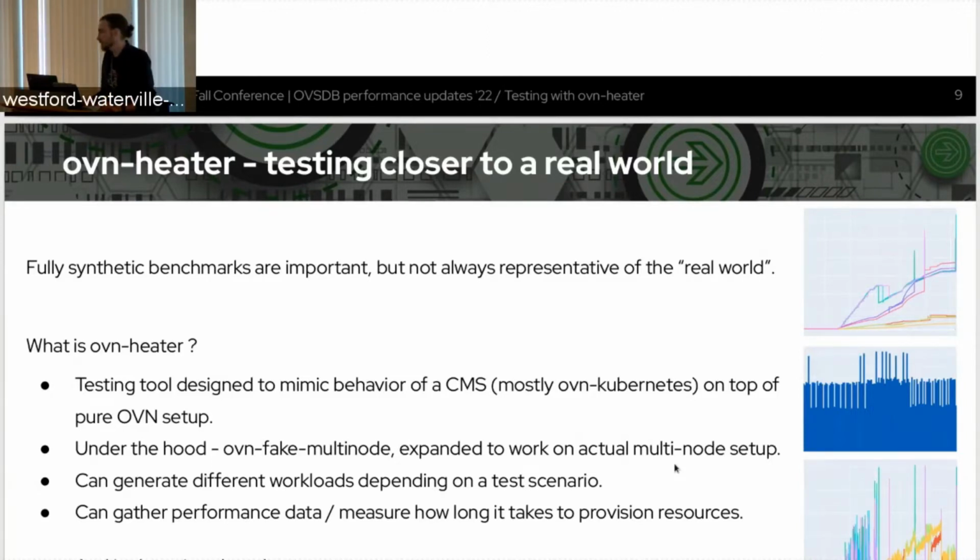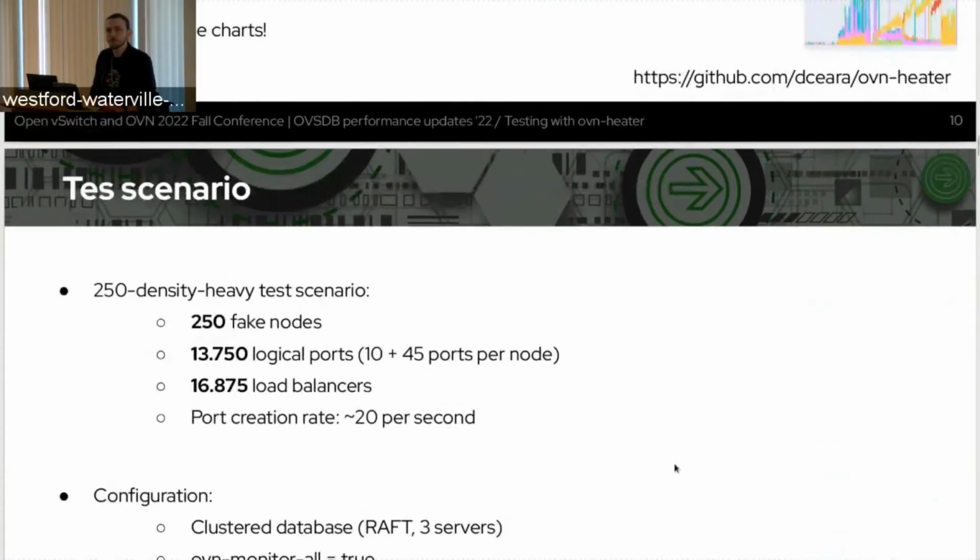ovn-heater collects a lot of data from the test, compares, collects the results, and plots some nice charts for us that we can use for performance analysis at scale. So the test scenario for